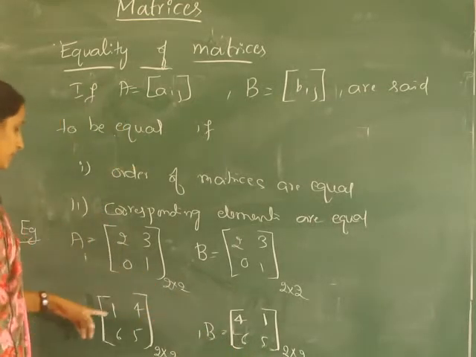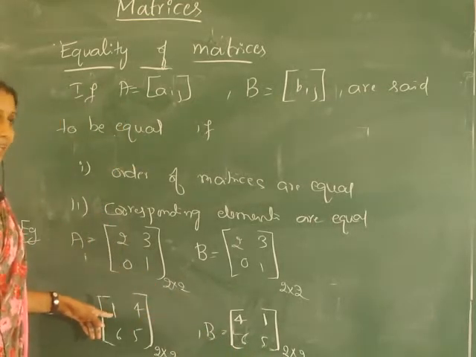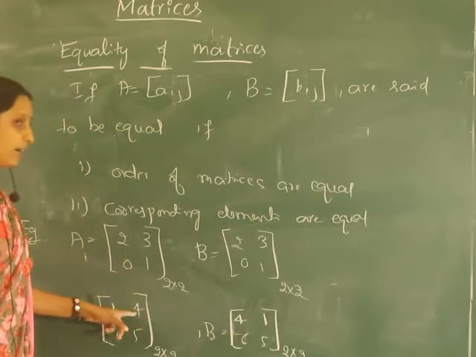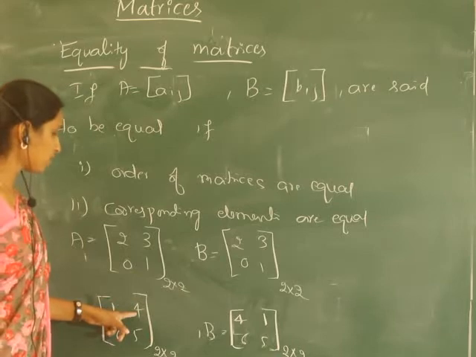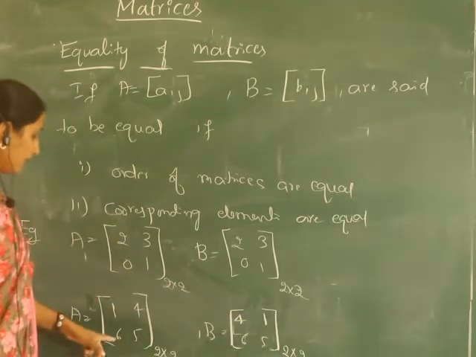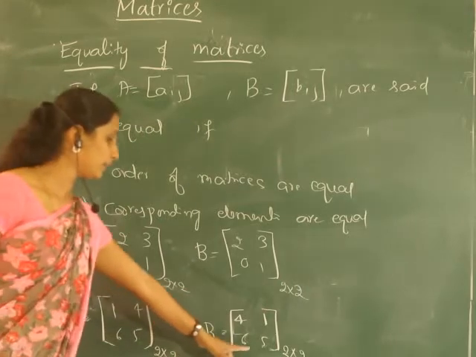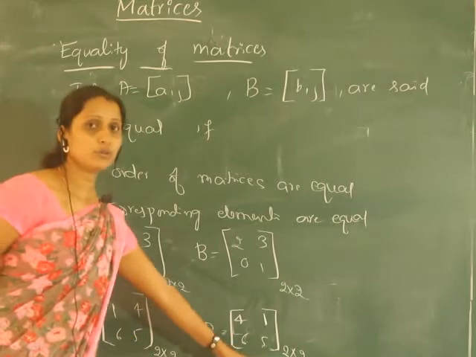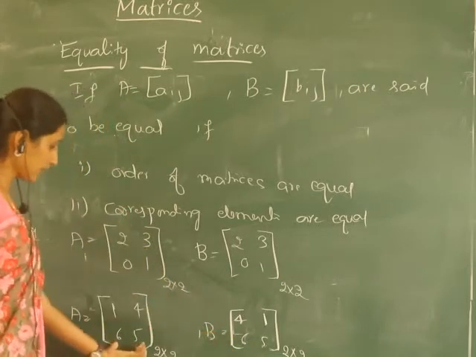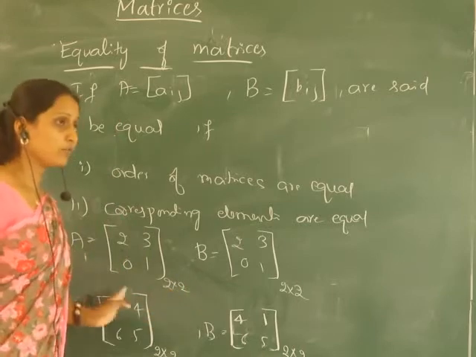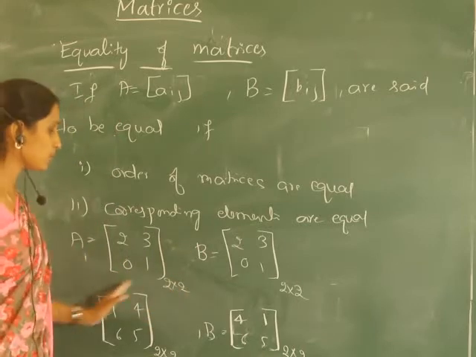But you can see the first entry A11, here it is 1, here it is 4. And the second, A12 position, the first element is 4 and here it is 1. And A21 is 6 here and 6 here, and A22 is 5 here and 5 here. So the second row is the same, and in the first row the elements are the same, 1 and 4, but their position is different.